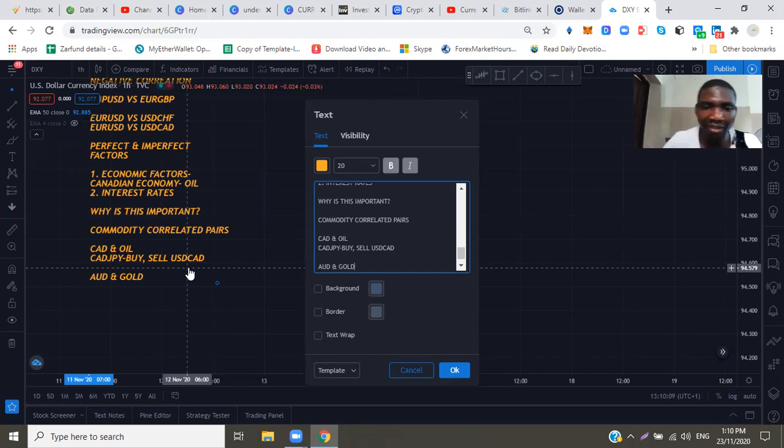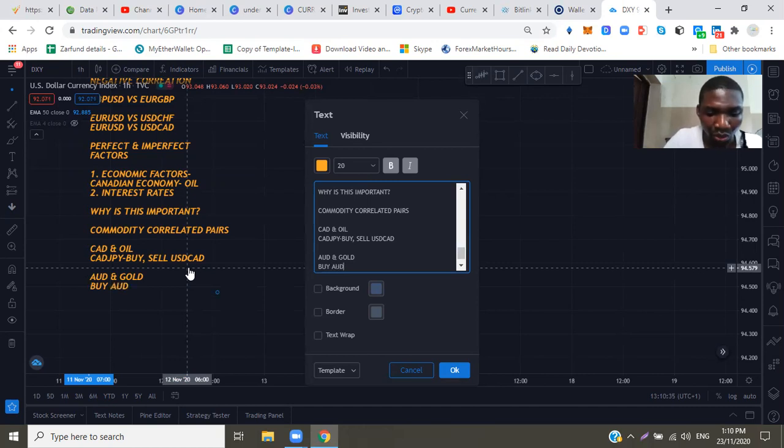So whenever there is strength in gold, the Australian dollar has a positive relationship with gold. Whenever you see gold moving upwards, just know that AUD is going to be appreciating. So at that time, what you're looking to do is to buy